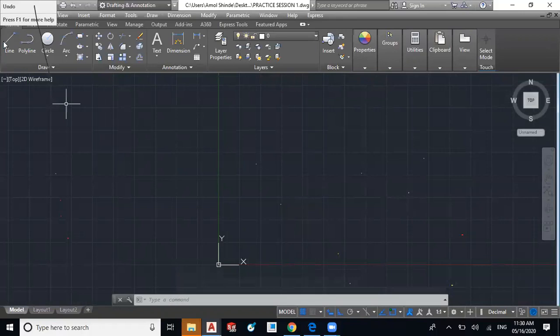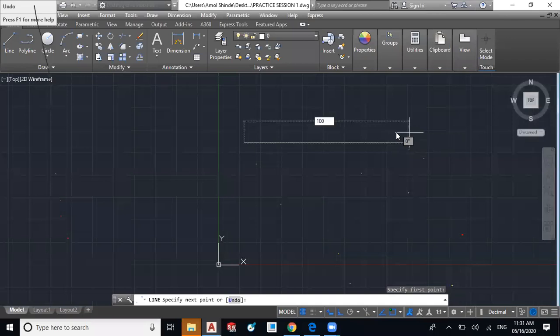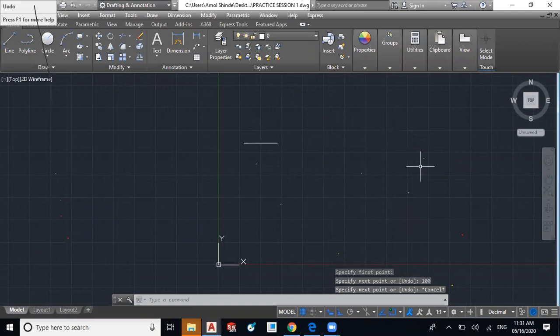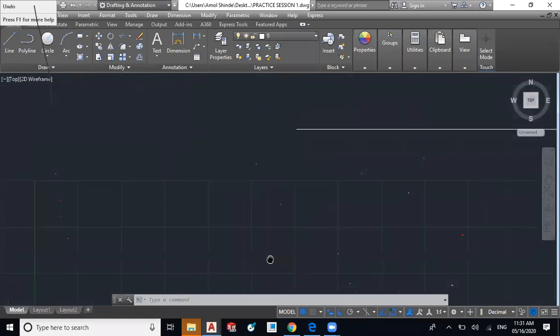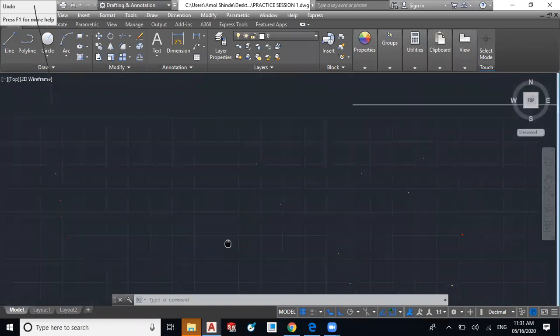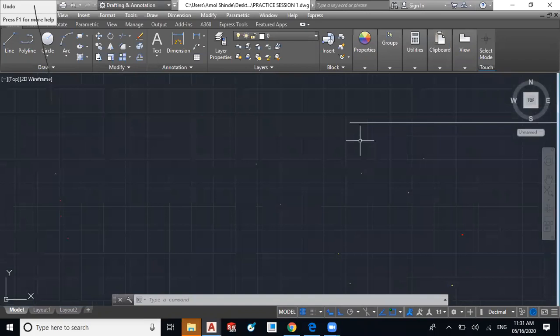Sometimes what happens, without limits you draw a 100 mm line, and it may go outside of the working area like this. So to avoid this we can use limits.